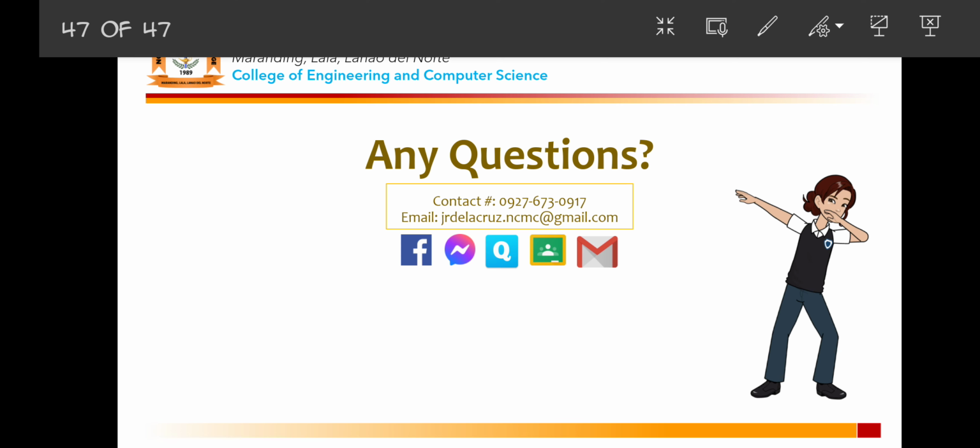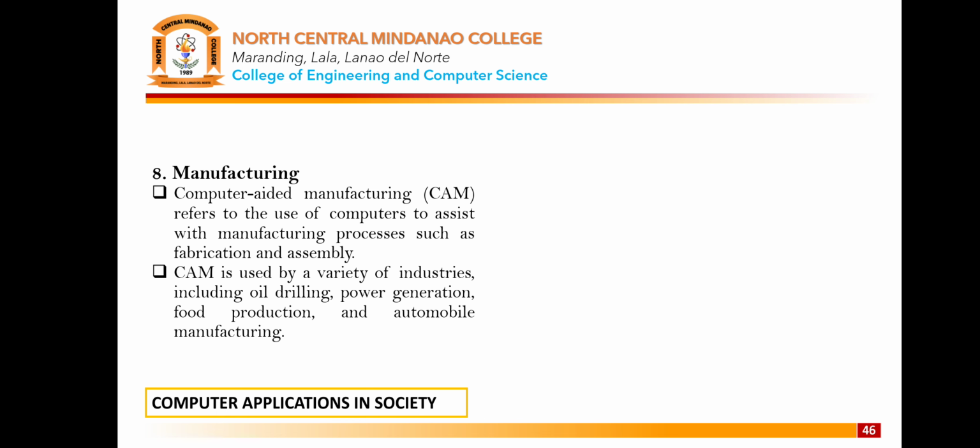All right, so kaning cam usually nangagamit ani, no, there are varieties of industries na nagamit ani including oil drilling, power generation, food production, and automobile manufacturing. Okay, so all right, so